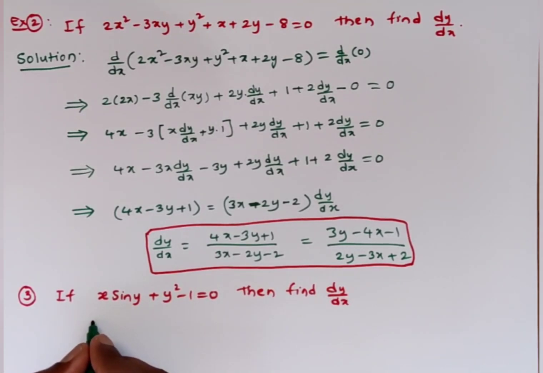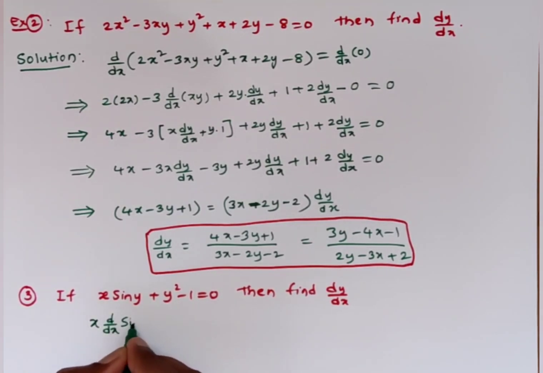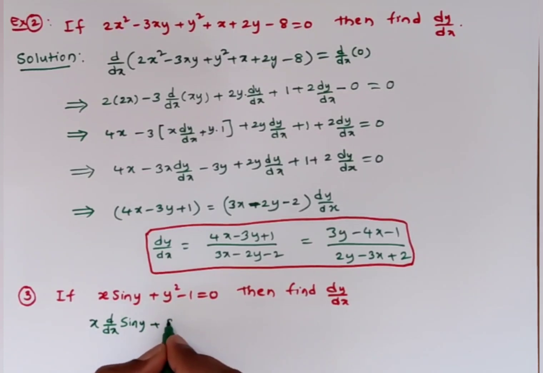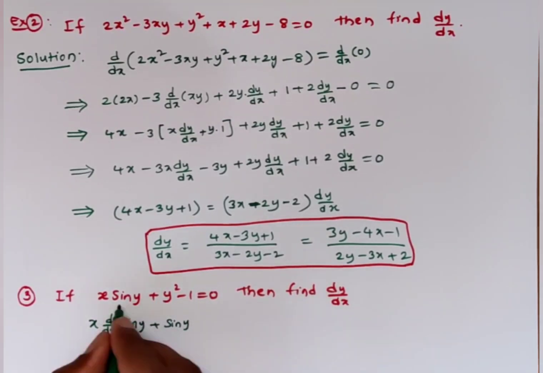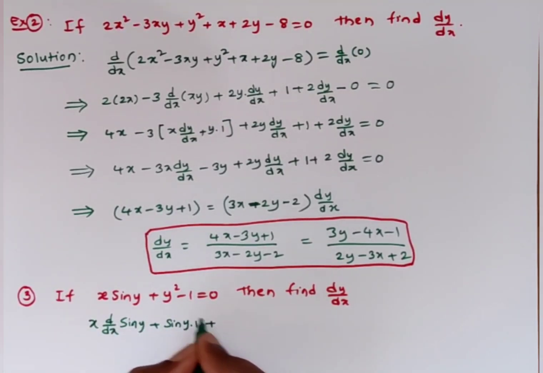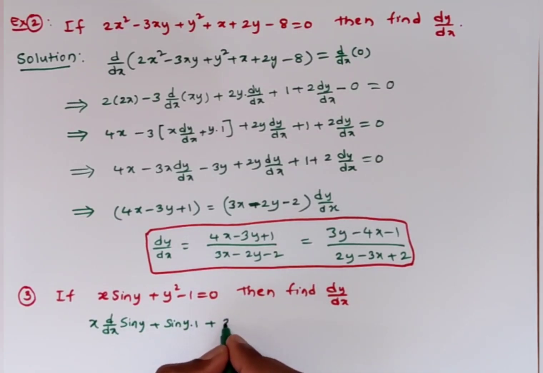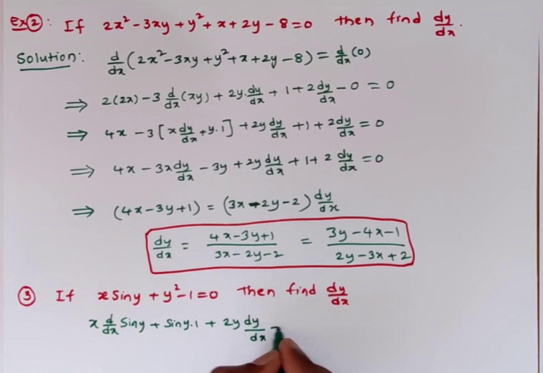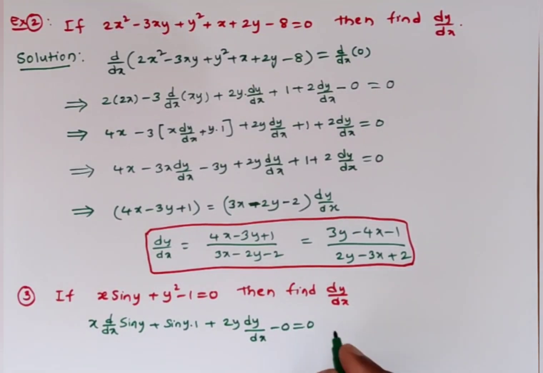Now derivative of, it is x into d by dx of sin y, plus sin y into d by dx of x, means it is 1, plus derivative of y square is 2y into dy by dx, minus derivative of 1 is 0, which is equals to derivative of 0, which is 0. Now from here we can separate